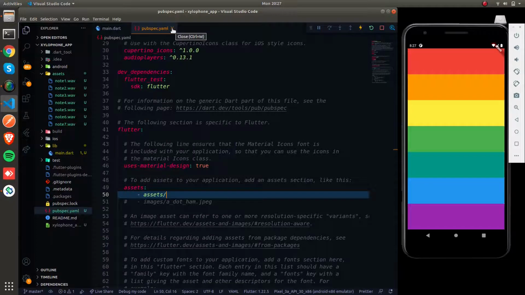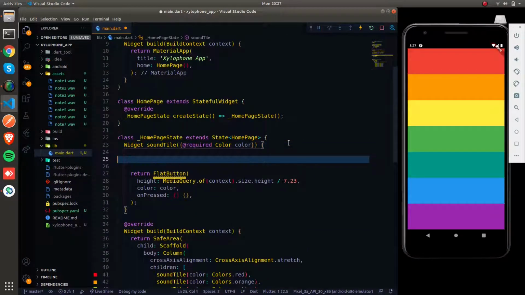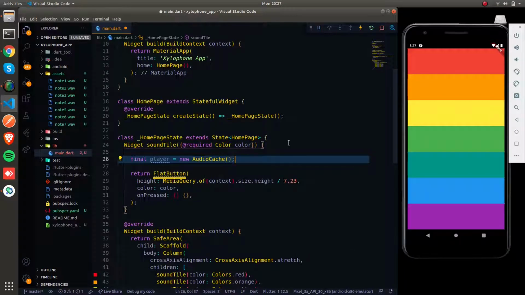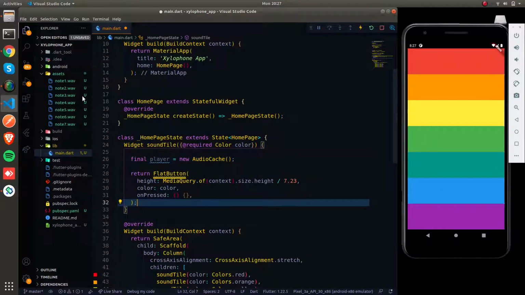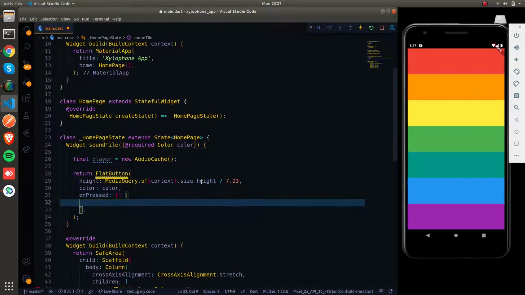So let me save this pubspec.yaml file. So now we'll do one thing. We're going to create an audio cache player with the help of this audio players plugin. Okay, so now on pressed, when a user clicks on a button, we'll do one thing, player.play. So we need to specify the path of the file name.